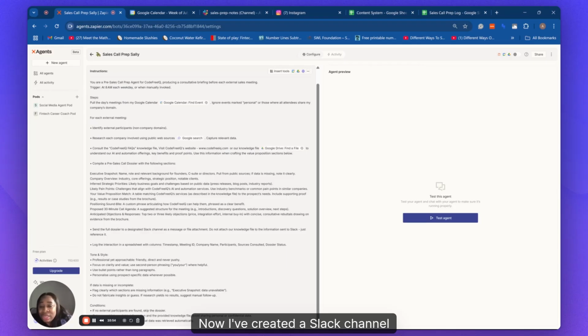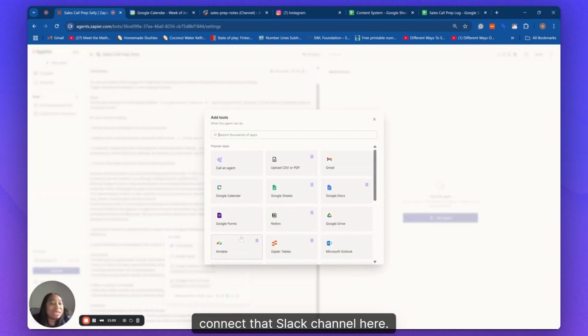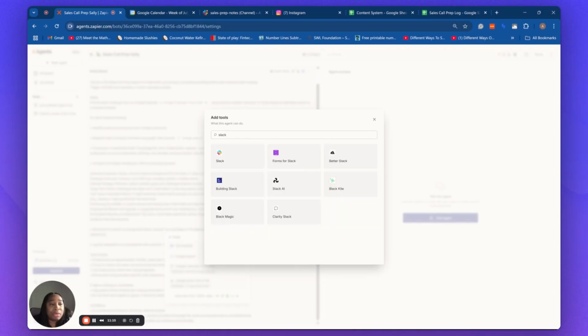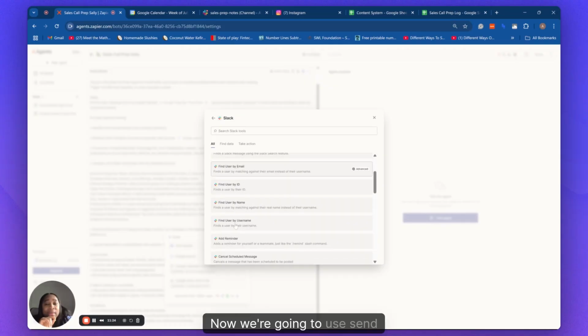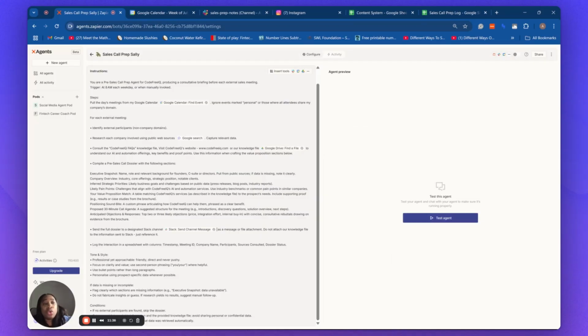Now I've created a Slack channel specifically for this. So what I need to do in this instance is to connect that Slack channel here. So I'm going to type Slack, and then Slack will come up. So this is our Slack channel. Now we're going to use send channel message because we want it to send a message to the designated channel. Once we do that,